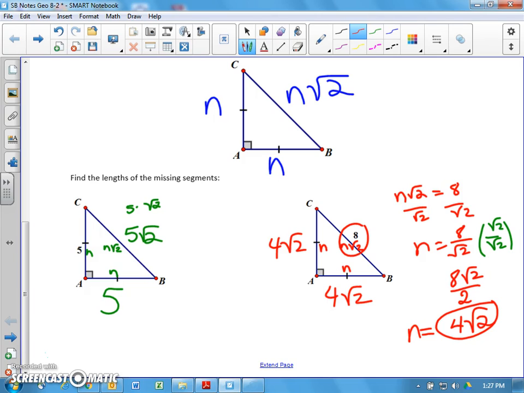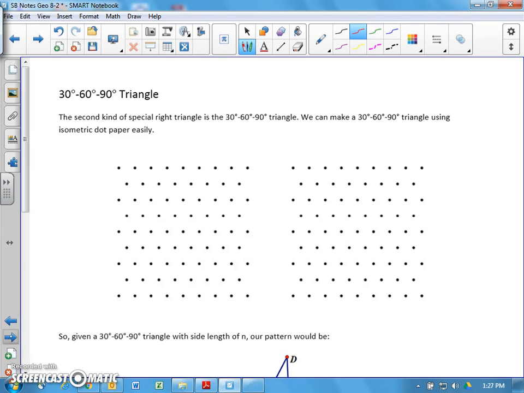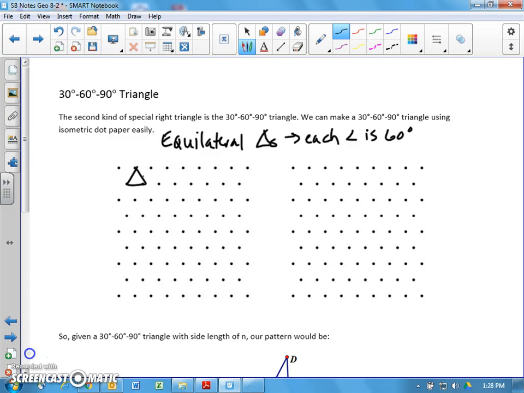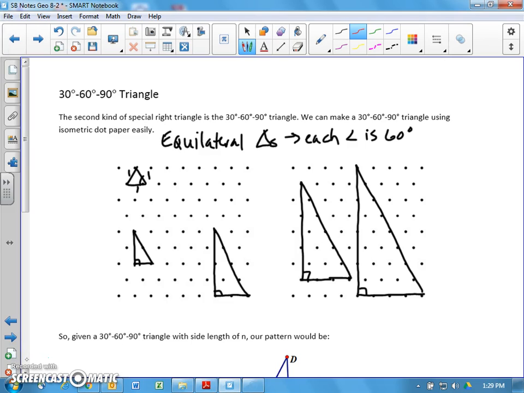Now let's move on to our 30, 60, 90 right triangle. If you remember from the exploration, each of these dots forms equilateral triangles. So this angle would have to be 60 degrees, and we're going to call each of these a side length of 1. Again, if you remember from the exploration, we found that with our basic triangle with a side length of 1, if this is our 60 degree angle, this is 1 plus 1, making our hypotenuse have a length of 2, and the Pythagorean theorem gives us that other side length,